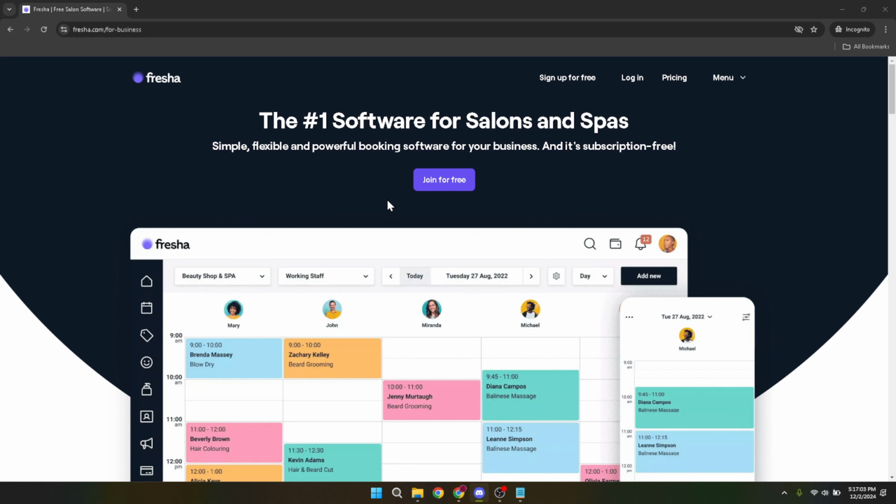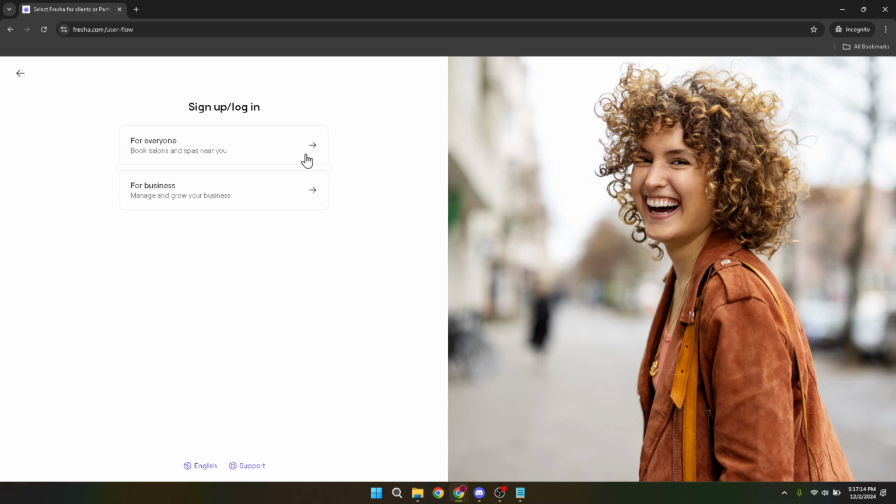strategies. First, let's make sure we're starting right at the beginning. You'll need to navigate to Fresha specifically designed for business use. To do this, open your preferred web browser and type https://www.fresha.com/for-business in the address bar, or simply search for Fresha for Business. This page is where all the magic happens, allowing businesses to manage appointments, client relationships, and importantly marketing efforts including